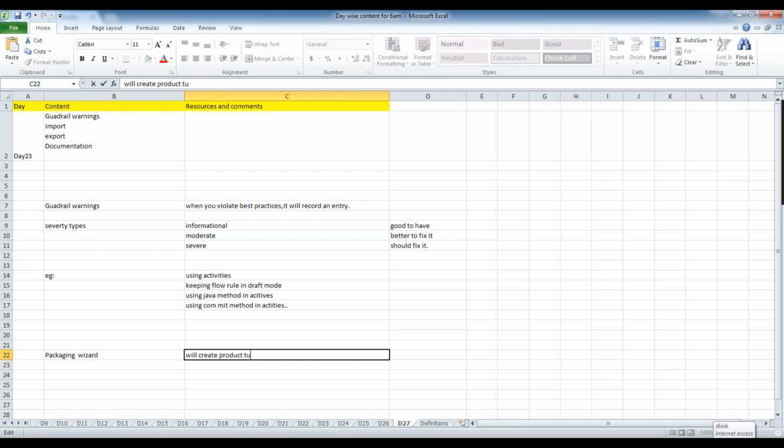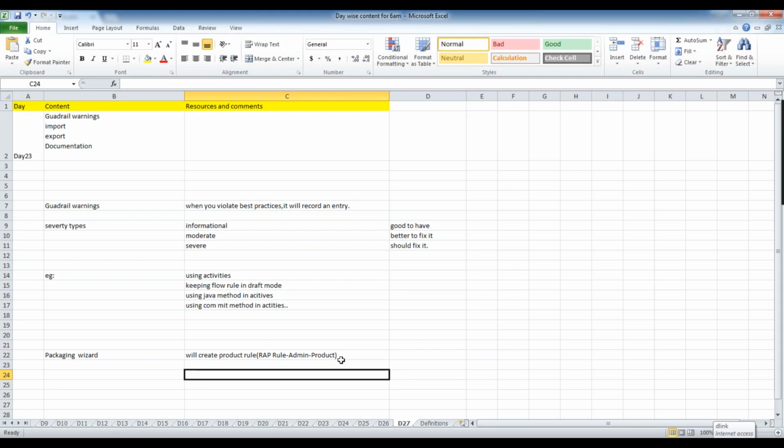We call them product rule, or else we call them a wrap. The name is given like this, Rule-Admin-Product. Most of the time we call them a wrap only, Rule-Admin-Product, nothing but a product rule, or a wrap.